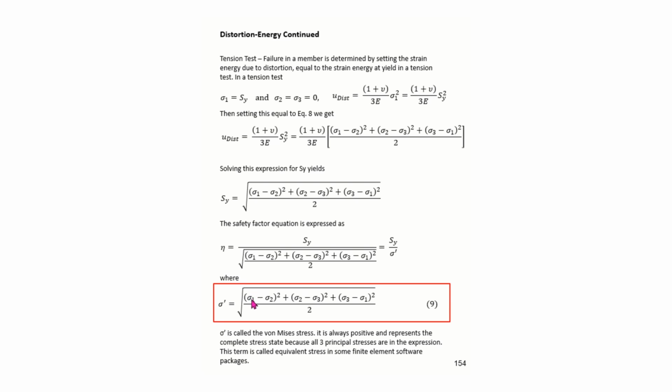And by that, what we mean is that it has sigma 1, sigma 2, and sigma 3 involved in the equation, where the other failure theory, the Tresca or the maximum shear stress theory, only had the maximum principal stress. It did not have all three principal stresses in the failure theory. And so this failure equation and failure theory is great because it includes all three principal stresses in the expression used to determine